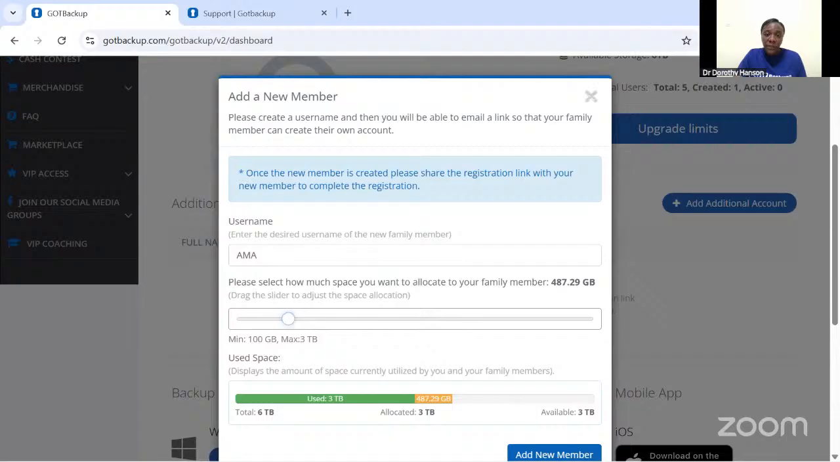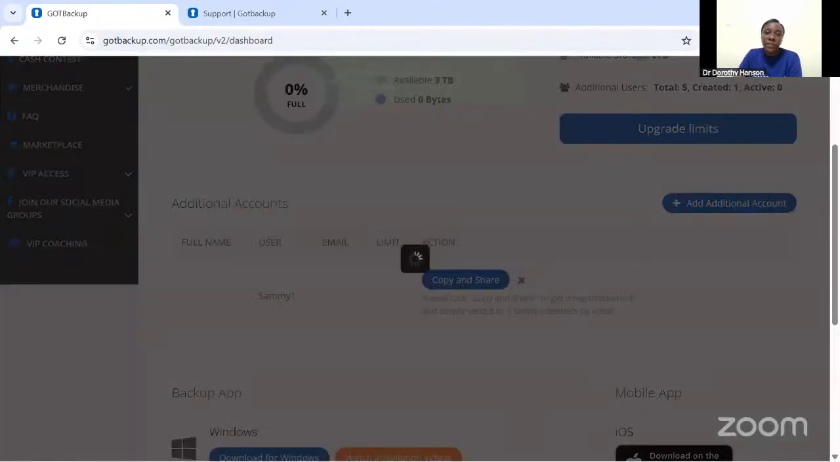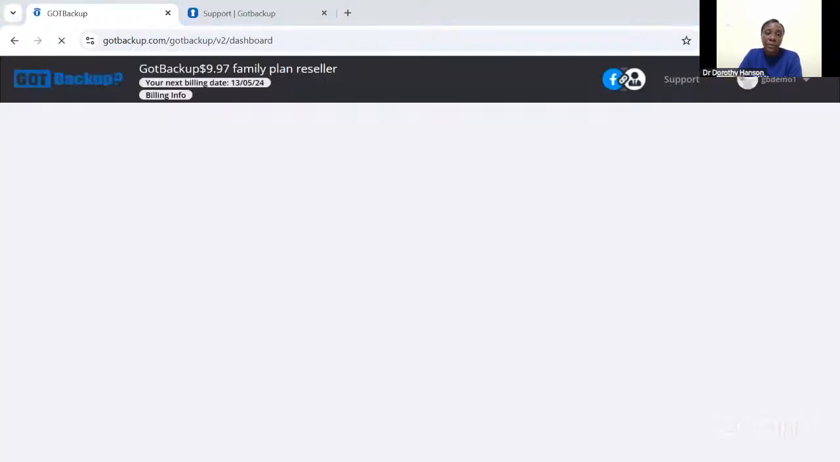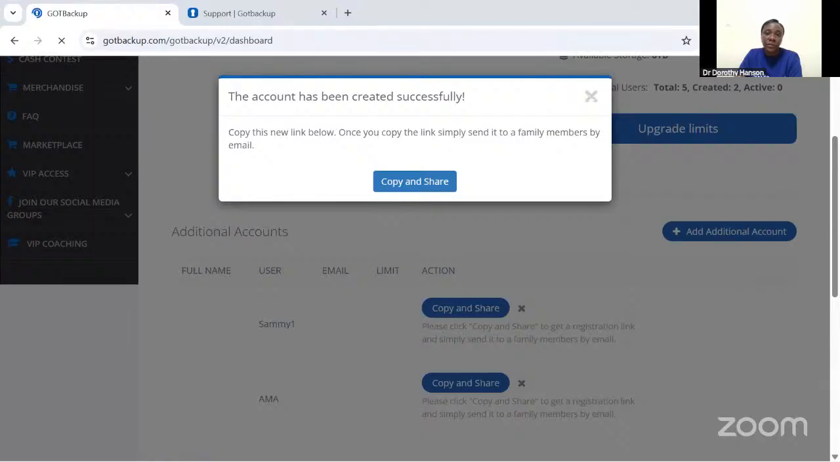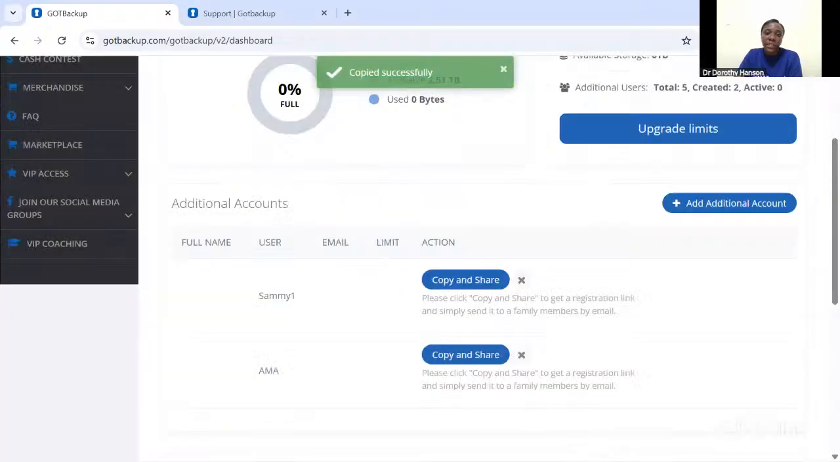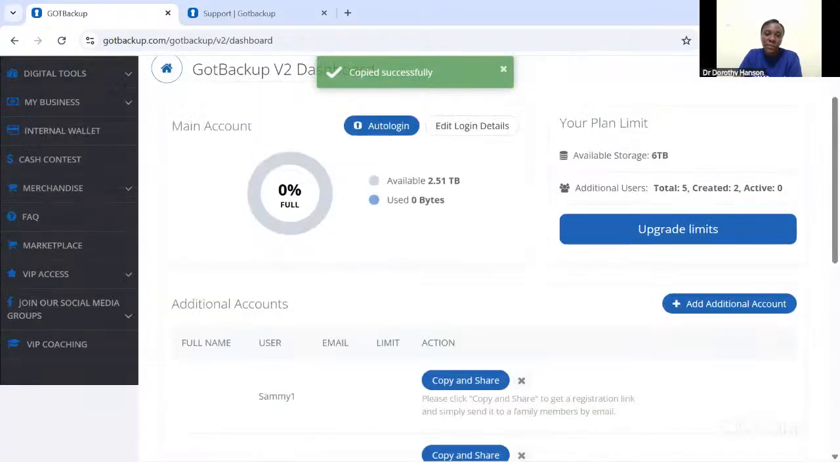Let's say I want to give Amma 500 gigabytes of my space. So I toggle all the way to about 500 gigabytes. All right, so I'm giving Amma 500 gigabytes. Once again, I add new member. When I add new member, it refreshes. It allows me to create a new space, copy and share. Then I share the space. So you can see my space has now come down to 2.5. So as you share the space over and over again,